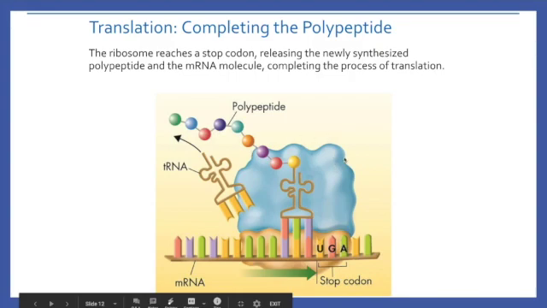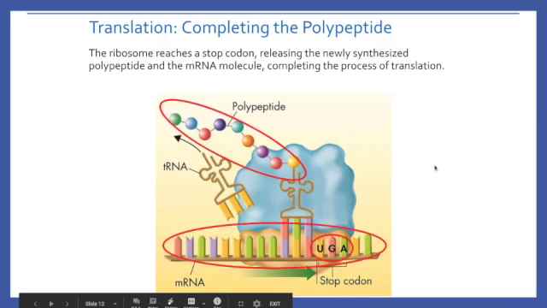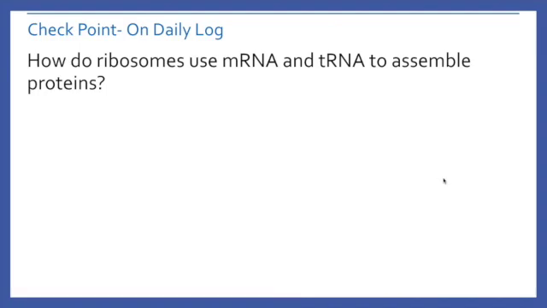This blue blob is also known as our ribosome, and that basically just helps bind the two together, your mRNA to your tRNA. So how do ribosomes use mRNA and tRNA to assemble